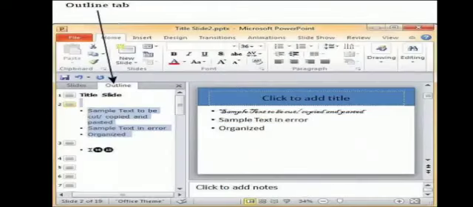Next is how to import data from Word or any other application. PowerPoint has a facility to use data from Word, Excel, and use it in the presentation. And what is the need for importing data? It saves your time and effort. So for this, several steps are here. You have to click on start button, all programs, MS Office. In MS Office, you have to open MS Word.